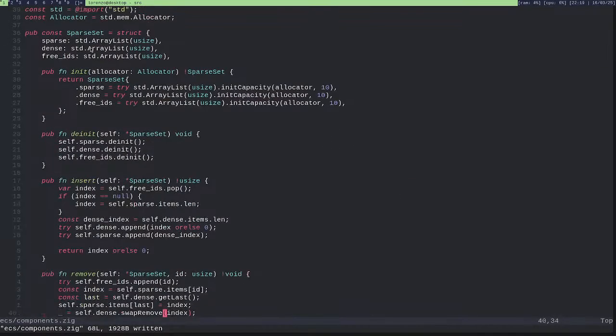It's not hard. So for each component type, I will create a sparse set, and then that sparse set will have a dense array and a component pool, which is another dense array. And then I can just insert entities and stuff there and iterate over the dense array of which has the smaller size. Okay, I will show you this.